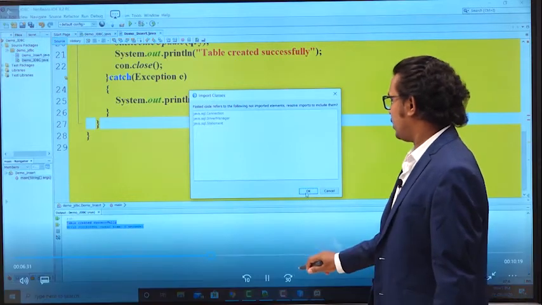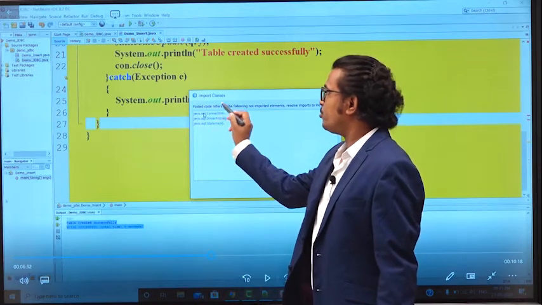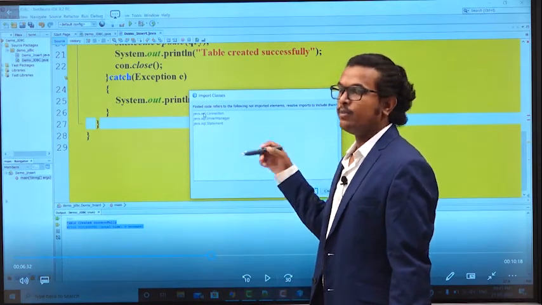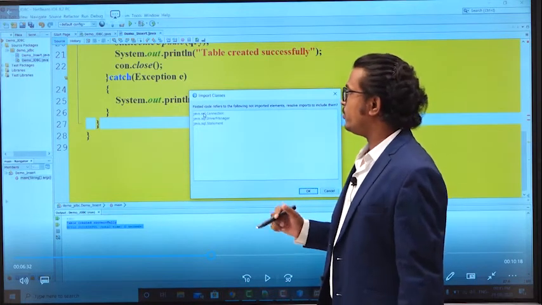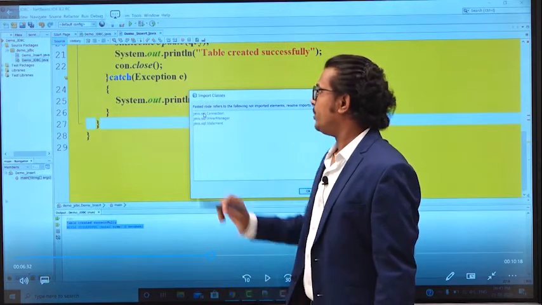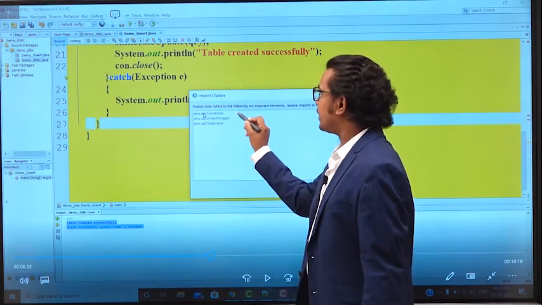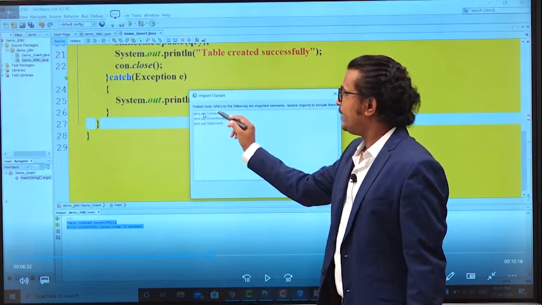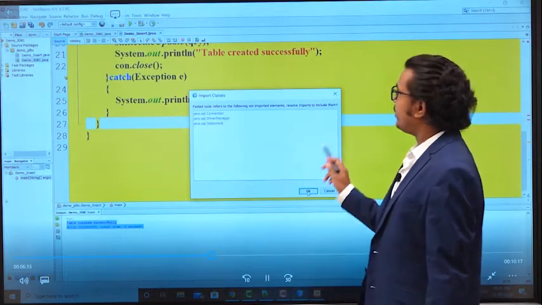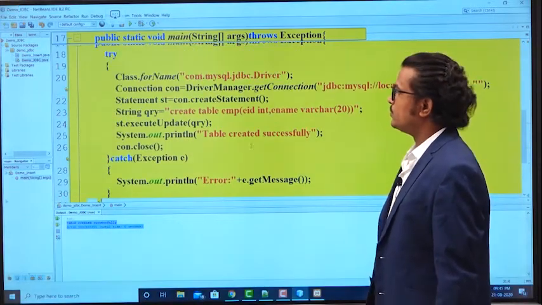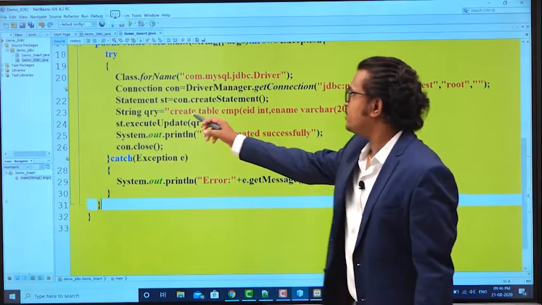While you are copying this particular code, in the previous program we imported java.sql.*, which means whatever packages you require, all those packages are imported in your program. Here I'm just copy and pasting, and whatever connections, methods or classes are required, all those classes are identified and imported in your program. Okay, that is the benefit of your NetBeans. All those packages are imported. So we just have to change this particular query here.